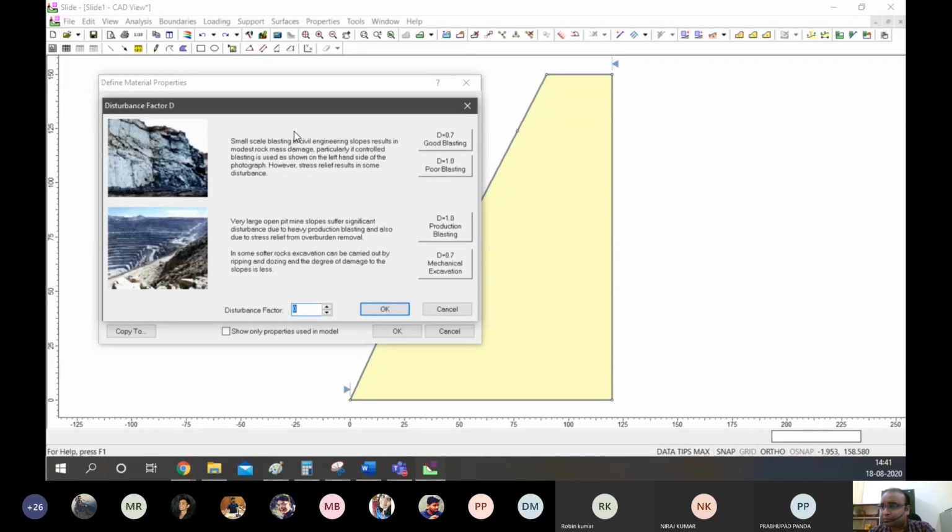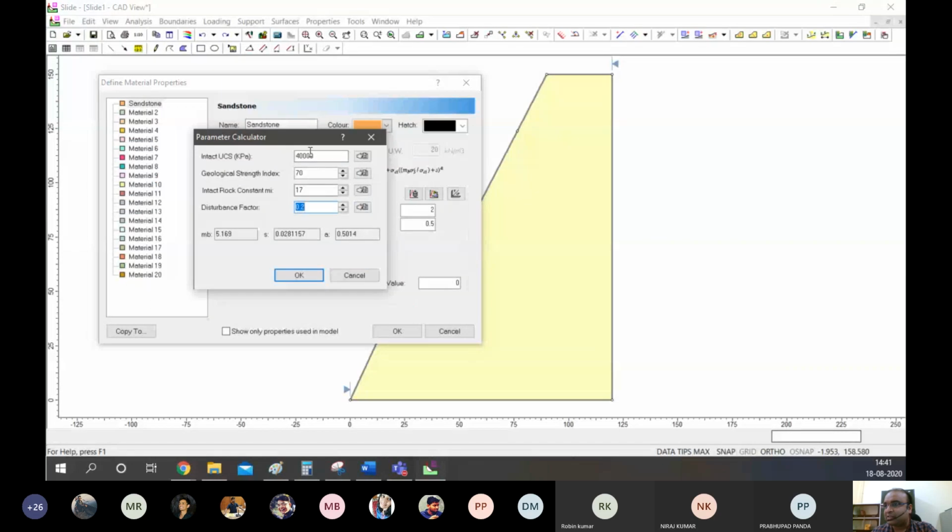So there will be some disturbance, higher disturbance factors, right? In rock cut slopes, maybe there is one time cutting and that's it. So that time, if a good blasting is done or good excavation is done, mechanical excavation, maybe the disturbance factor is less. So we can basically give a value of 0 to 1 in terms of disturbance factor. So let's give 0.2 if we want to assume that it is somewhat disturbed, right?